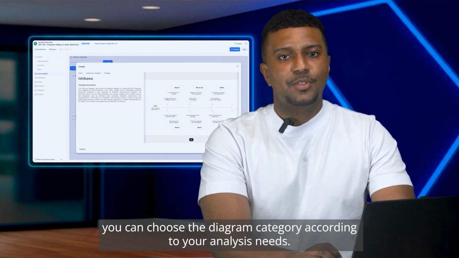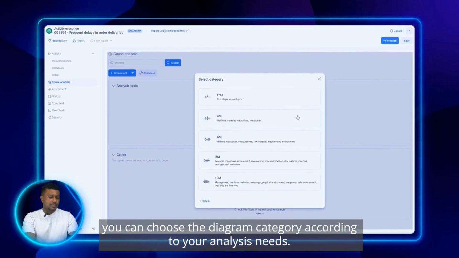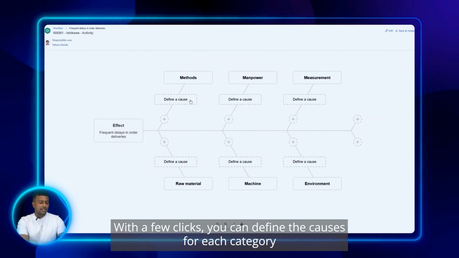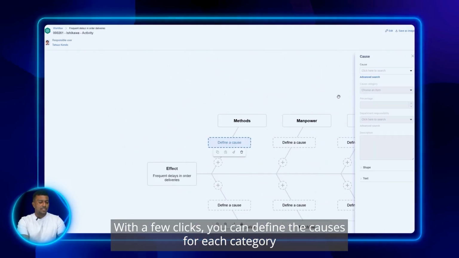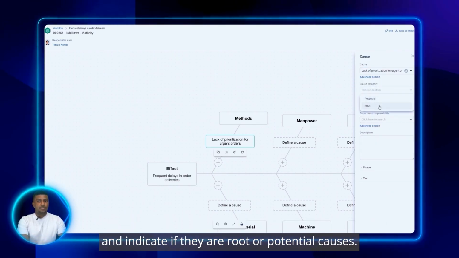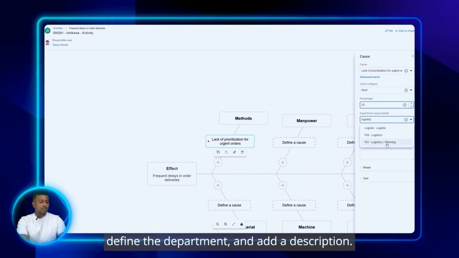Within the tool, you can choose the diagram category according to your analysis needs. Let's go with a traditional 6M. With a few clicks, you can define the causes for each category and indicate if they are root or potential causes. It's also possible to estimate, in percentage, the impact of these causes on the problem, define the department, and